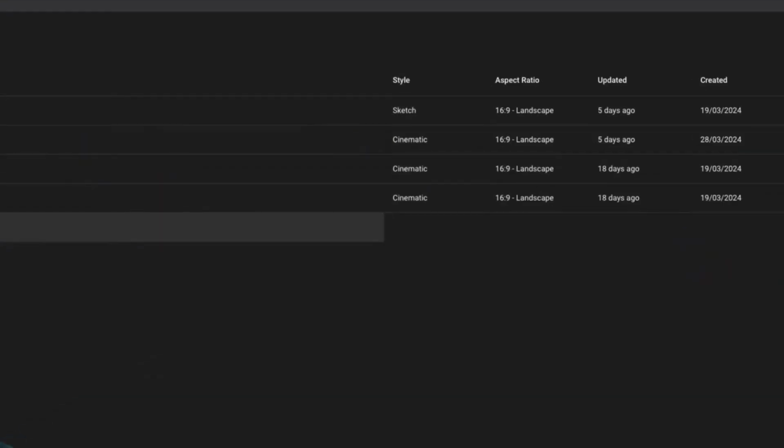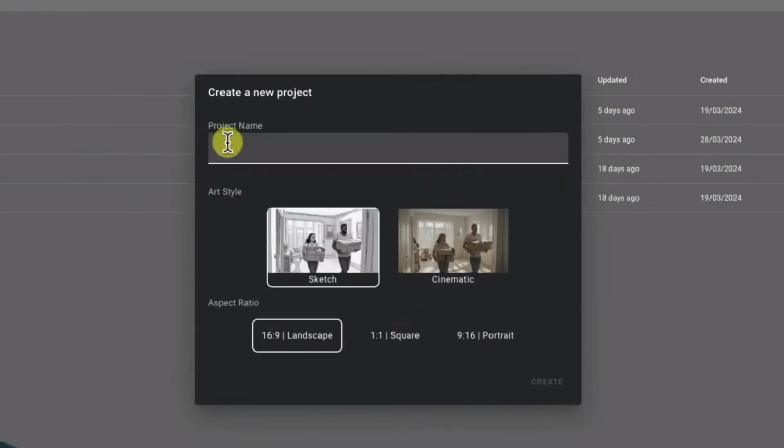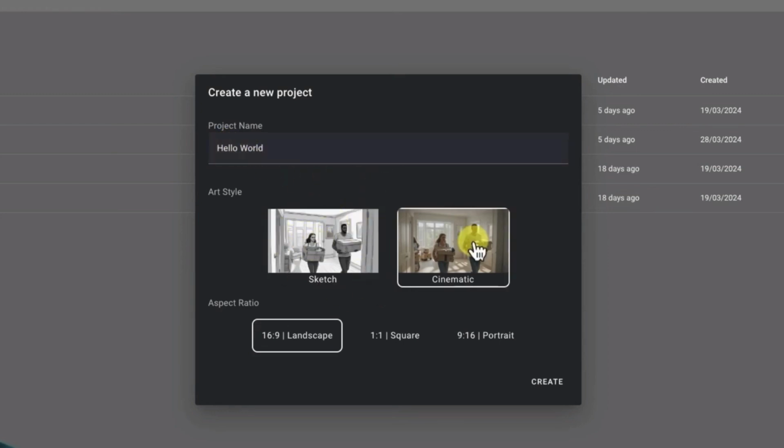Here you'll see a list of projects you've been working on. Let's create a new one. Click on the New Project button and give it a name. You'll now have two options: Sketch for black and white visuals or Cinematic for a more polished look. Katalist even lets you choose aspect ratios, which is perfect if you're working across different formats, whether it's for film,